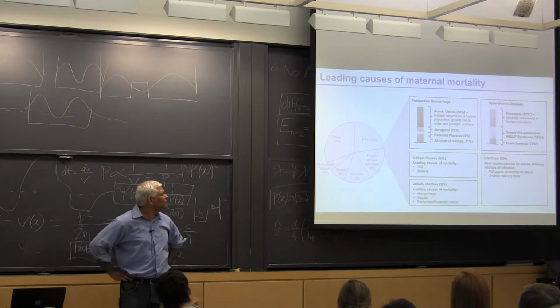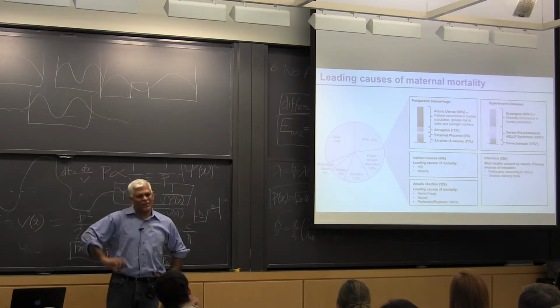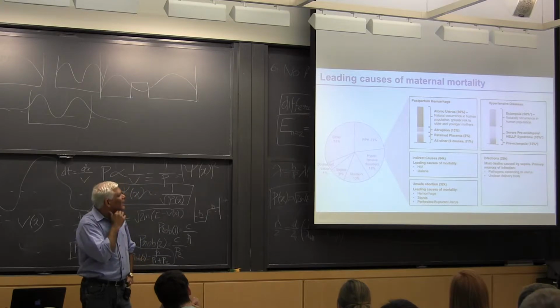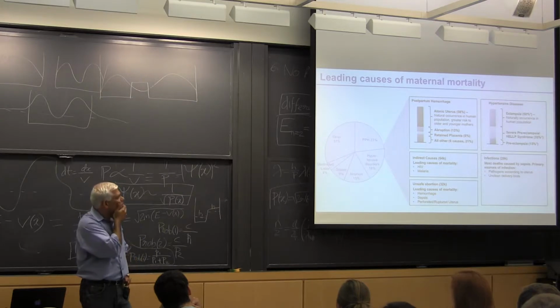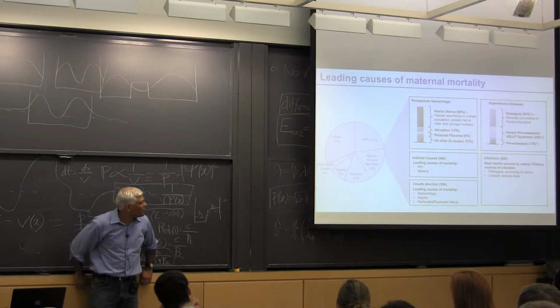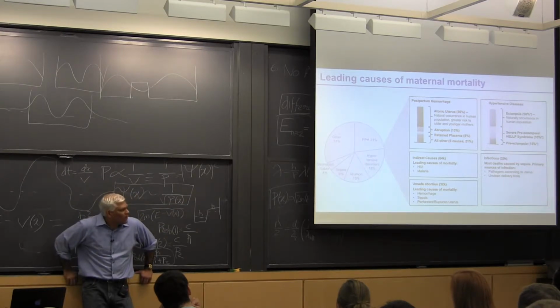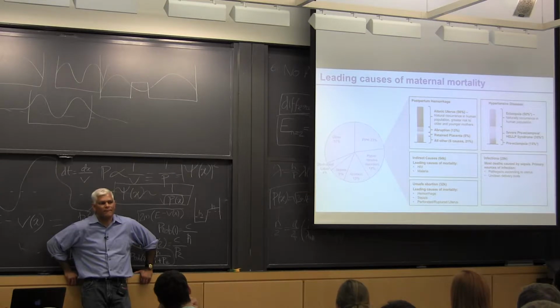There are many more. And then as you look through the list, hypertension is these 2 clinical conditions called eclampsia and preeclampsia. It's not clear what causes those. And infections, typically, it's about the sanitary conditions. Indirect causes are HIV, malaria, and so on and so forth. And there's one big issue around unsafe abortions, where there are severe restrictions on abortions. So what do you do with this? You talk to a bunch of doctors, whether they're in Kenya or Bangladesh, India, and this is the answer you get. So what do you do with this information?